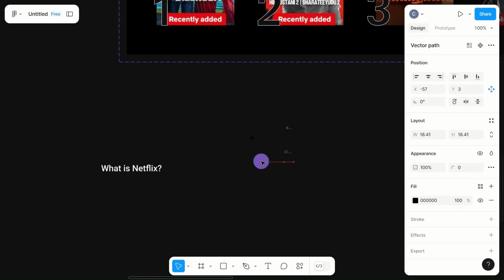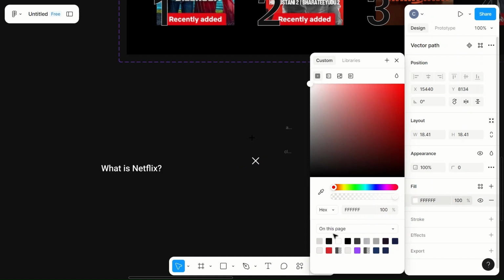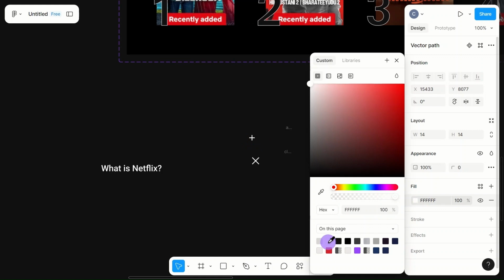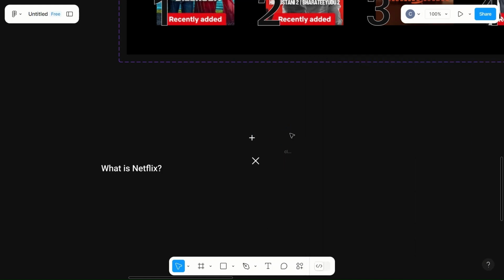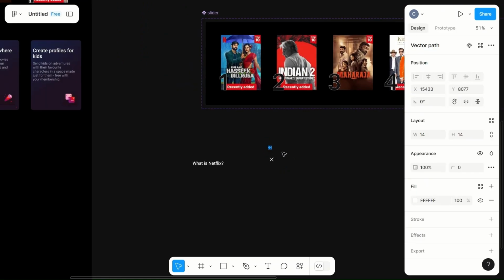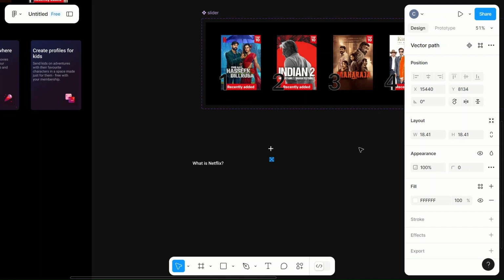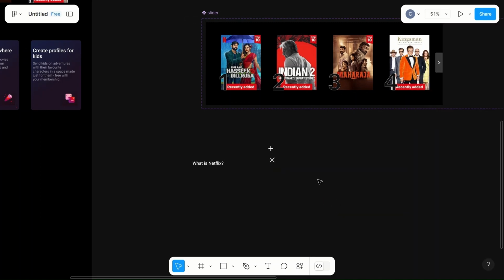Give it a fill of white to this one as well, and delete the frames of the icon. Okay, nice. I think we will increase this to 24, 24. What is this? Same 24, 24. Same height, same width for both. Now we want that